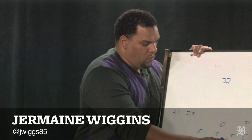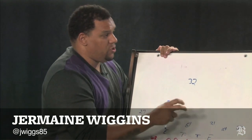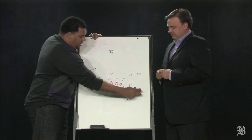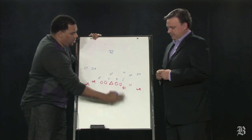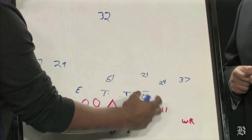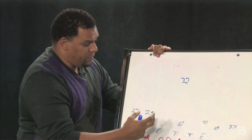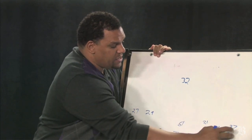Well, I think the one thing that the Jets do first is they want to put the Patriots in a position that they're not used to being in, a very uncomfortable position for them defensively. So they come out in an empty backfield, 3 wide receivers to the right, 2 wide receivers to the left, no backs. And what they want to do is say, we're going to make you now put more defensive backs on the football field. And if you look at the way they lined up, 1, 2, 3, 4, 5, 6 DBs on the